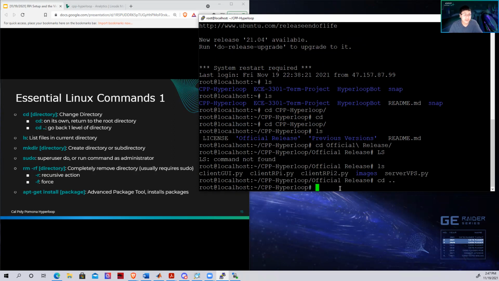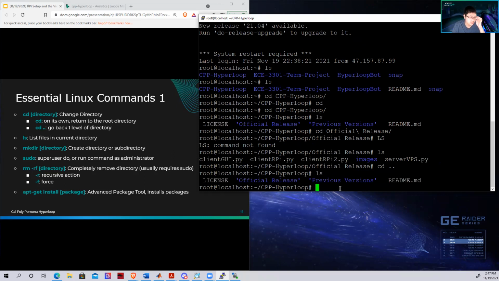Now, again, you want to get into the habit of typing ls because it tells you what's actually inside the current directory. You want to keep a mental image of where you are in the computer so you don't get lost, because it's really easy to get lost in a computer like this. It's not an interface you can just look at on a monitor. It's actually just command lines, right? So you've got to make sure you run ls constantly just to know where you are. Now the next thing is